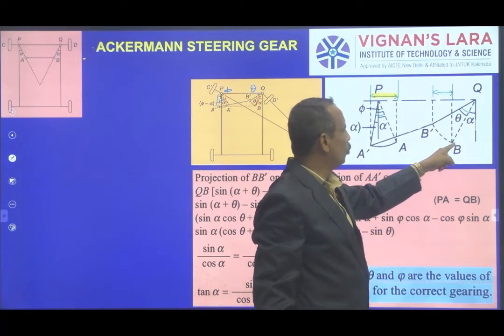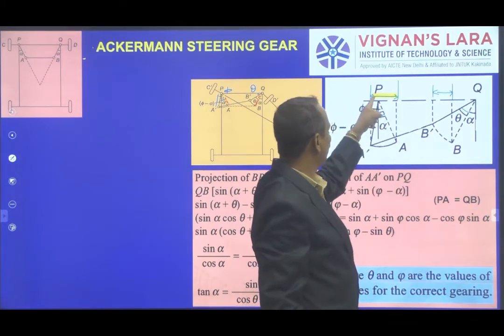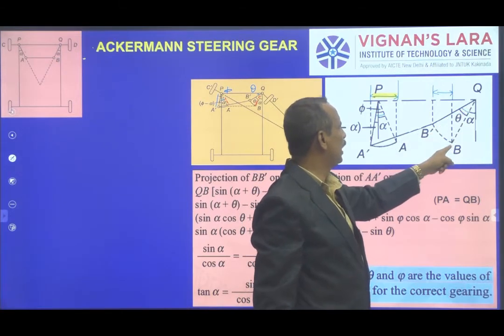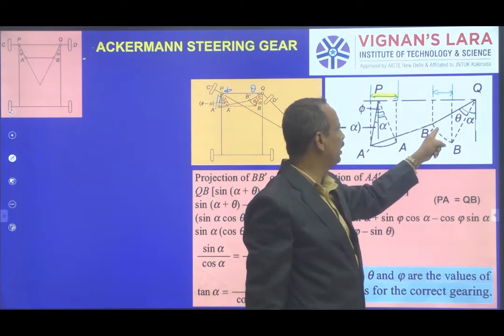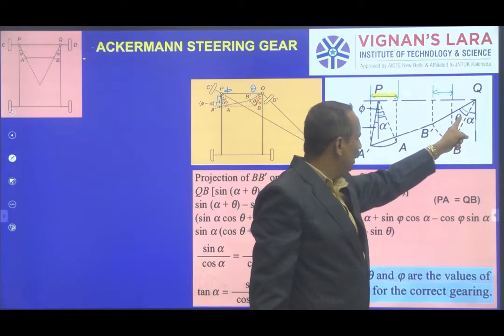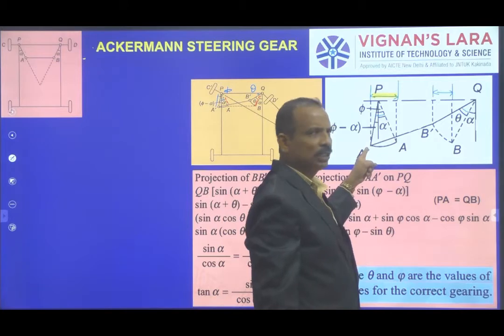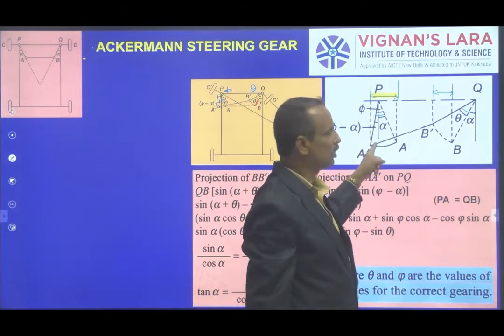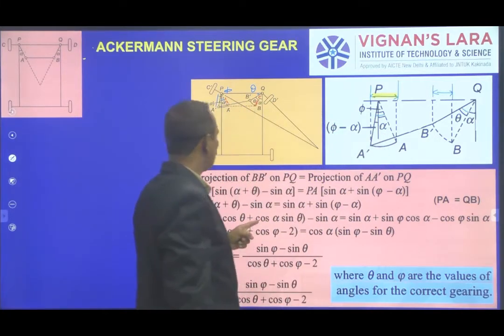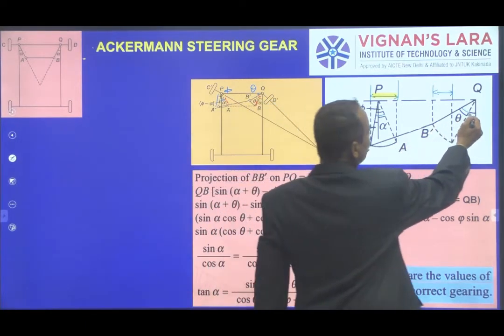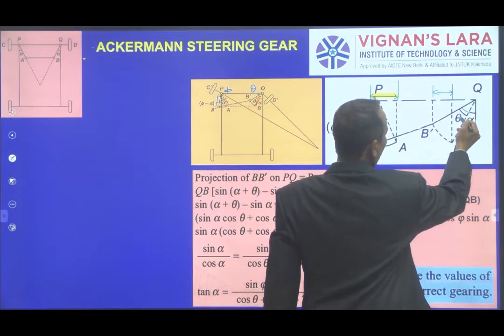This QB dotted 1 is equal to dotted PA. So the position of QB changes to new position QB dash, but it will not change the length. Similarly PA, even if it is changed to PA dash, the length will not change. So the projections, how we can get, let us see here, if this is alpha and this is theta, then